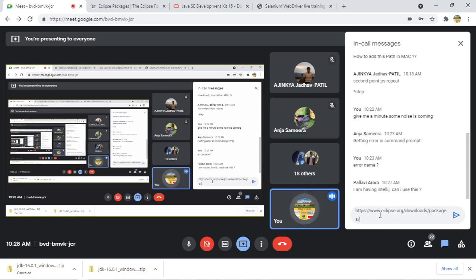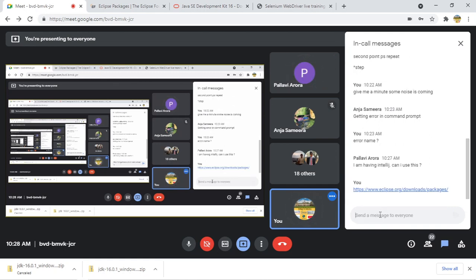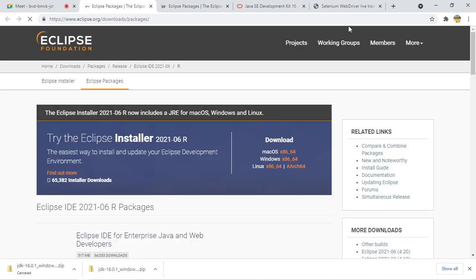Pallavi, I will suggest you to work with Eclipse only because most of the people are using Eclipse. Otherwise, the rest is your choice, you can also use others. But with Eclipse it will be easy, I feel. So download this one. Go to this first URL. I will open this. And here, if you come down,